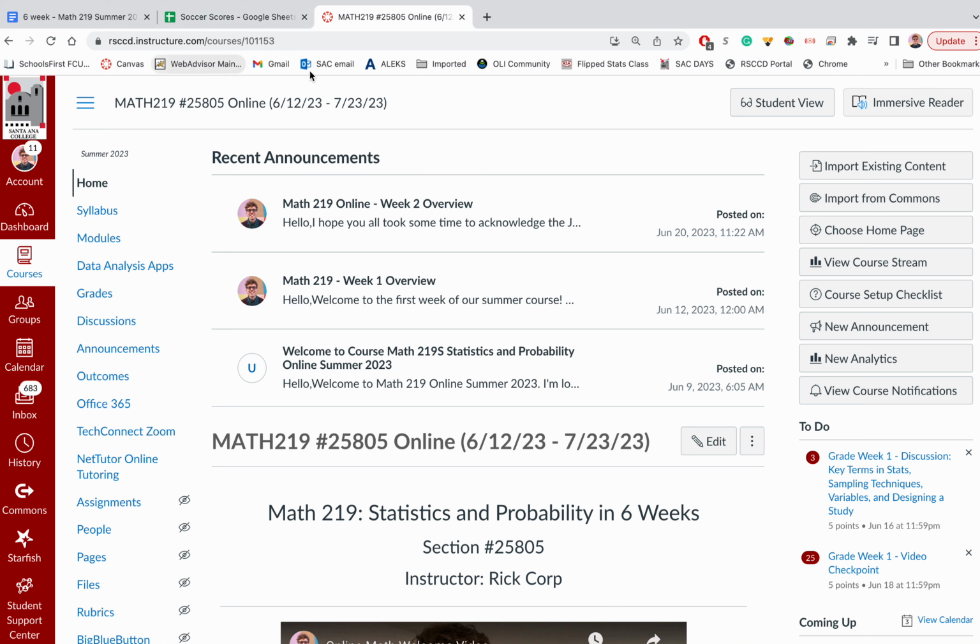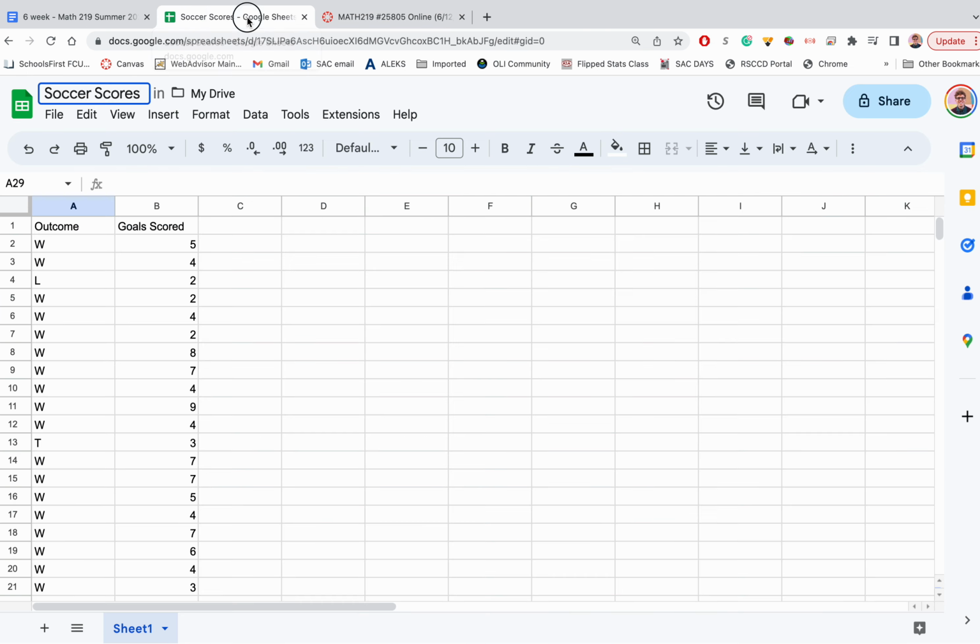You're going to need to use these data analysis apps right here to summarize some data that you're going to find. Okay, I found some data on my phone. I have how many goals my daughter's soccer team scored and whether they won or lost the game. So I had 27 different games that they played, and so I basically recorded whether they won or lost and how many goals